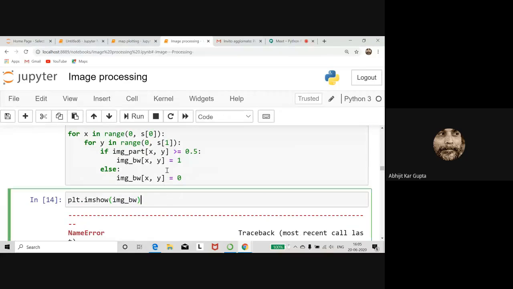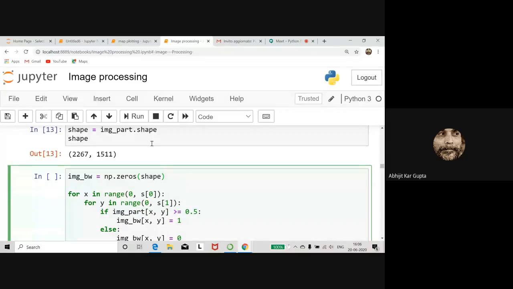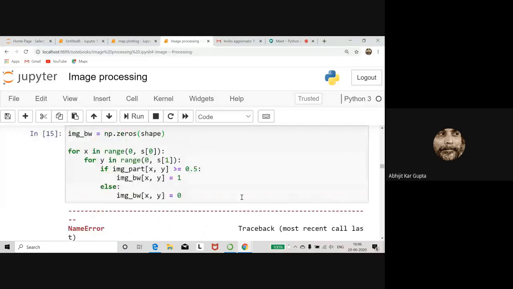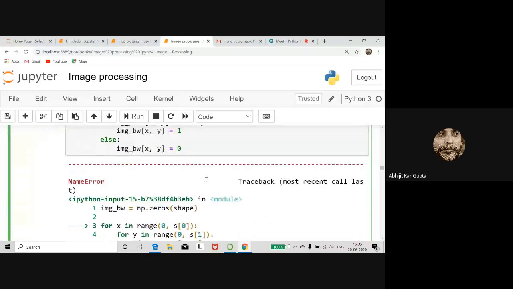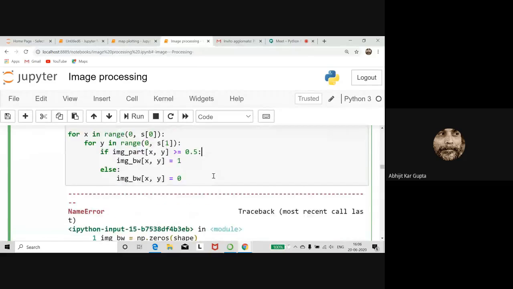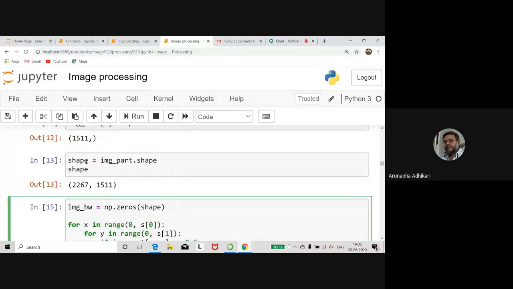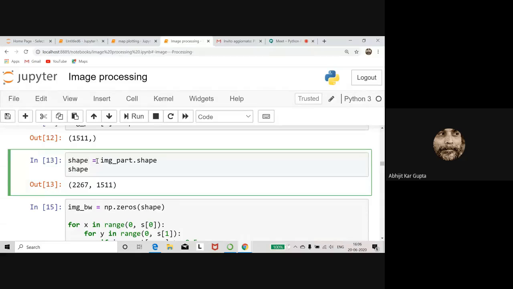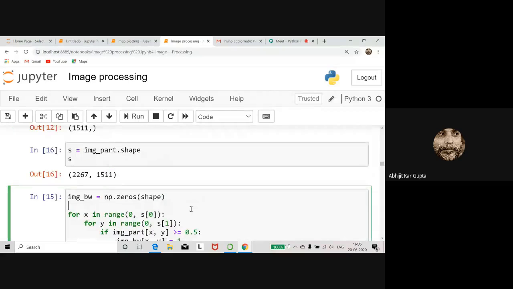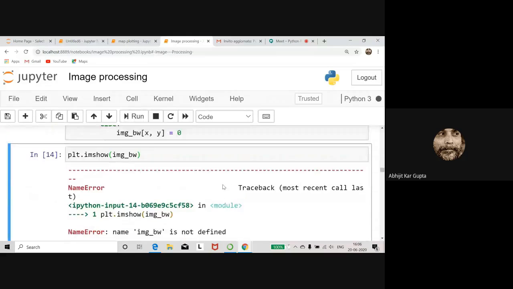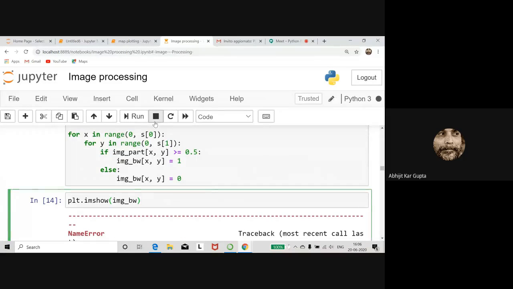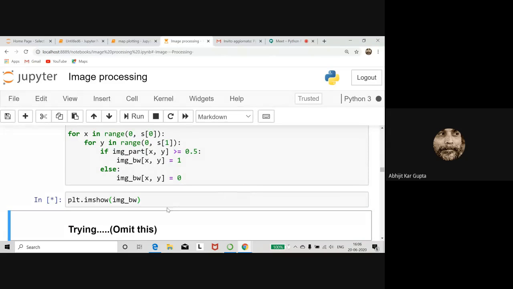Oh, no. First I run this. Oh, it is not showing what x is in. Oh, I mean shape. I called it shape. 's' is not defined. Yes, I called it s, I called it shape. Right, I call it shape. Sometimes I am used to this. Okay, I run this and this. And now I see the image.